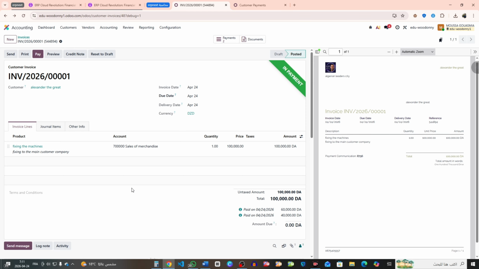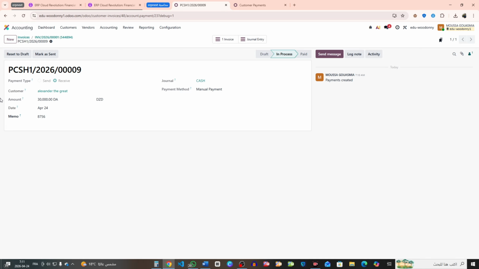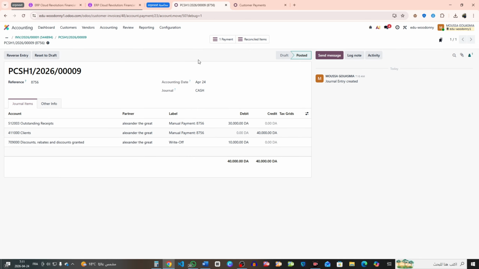So guys, scroll down here, and we see the first payment is 600, and the second payment is 40,000. But it's not 40,000. If we click here and go to view, we see the amount is 30,000. Where did the 10,000 go? If we click here on journal entries, we can see the other 10,000 in this account. This account is rebates and this account is guaranteed, and the 30,000 here is outstanding receipt, and the client